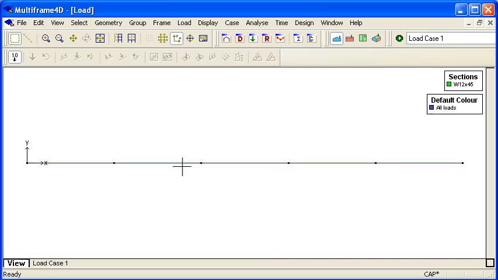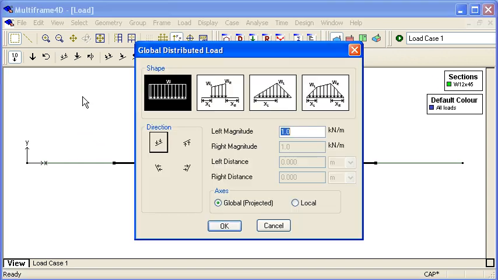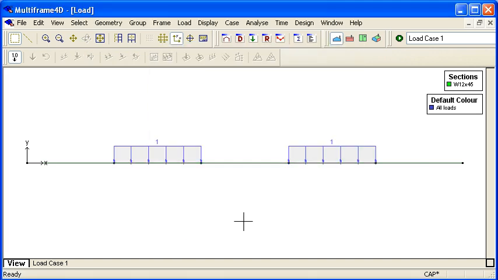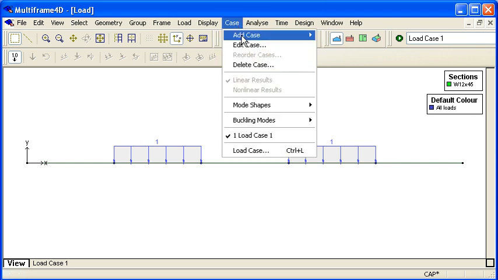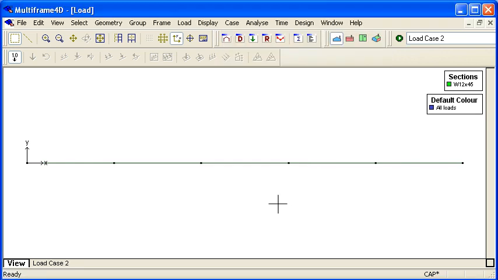This is my first load case. I'm going to look at loads on alternating spans. I'll choose a distributed load, I choose the load direction, the load magnitude, and the shape of the load. I can then add another load case. I'll add a second load case, and this time I'll choose the other alternating spans, but I'll use the same